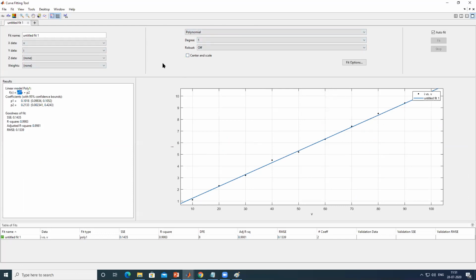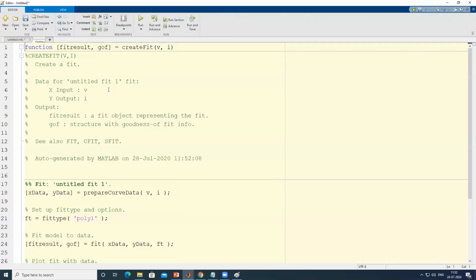Okay, because in this case you can see if you're using a toolbox, then you have to manually open the toolbox, manually feed the data, and then you have to note down all these values P1 and P2. But this operation you can automate using MATLAB. How? I'll tell you. You just go into the file, and here you just click on generate code. Now MATLAB will create an entire algorithm for you. Okay, and the result will contain the value of P1 and P2, the coefficients, and the accuracy level.